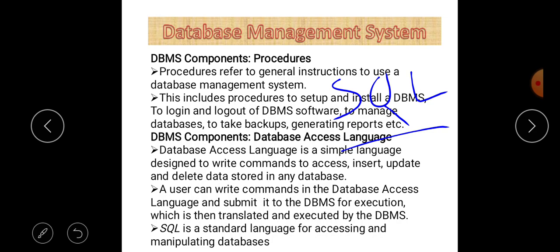This is a very important question, sometimes asked in examinations: what is the difference between DBMS and RDBMS? DBMS stands for database management system, in which there is a collection of interrelated data which is accessed by software, and if the data is stored in the form of a table, then it is called a Relational Database Management System. Relation means table. So the three terms are relation, attribute, and tuple. Relation means table, attribute means column, and tuple means row.